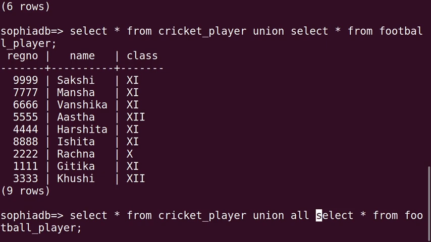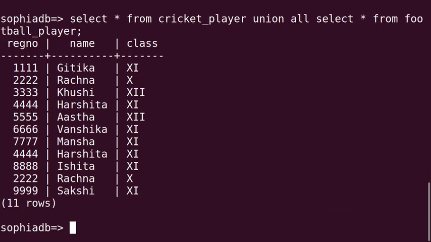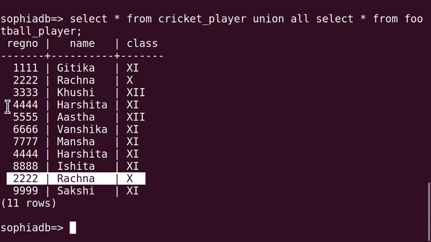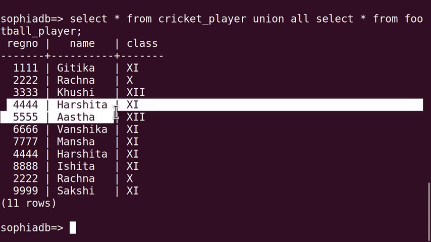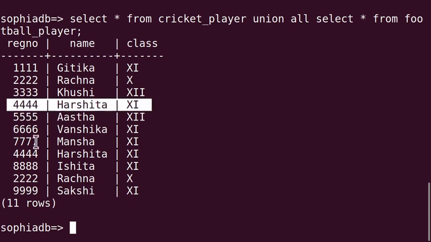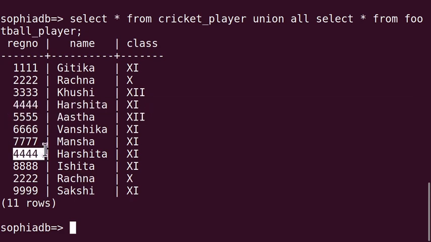There will be duplicate records also. See, total 11 rows are coming in the output. Here you can see 2 times Rachna, you will get 1 and 2. Similarly, 2 times Harshita also, you will get 1 Harshita and second Harshita.